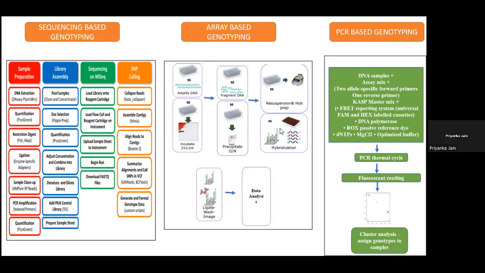There are many arrays for it, like a 90K rice array. There are different human arrays. How does it get hybridized? It is just like a microarray: there are probes present on the floor of this array, and the input DNA binds to the complementary probes for which it's specifically designed. Every probe is designed for a specific region of a gene. It binds and it shows that that genic region is present. And what is the sequence there? It is being read by this